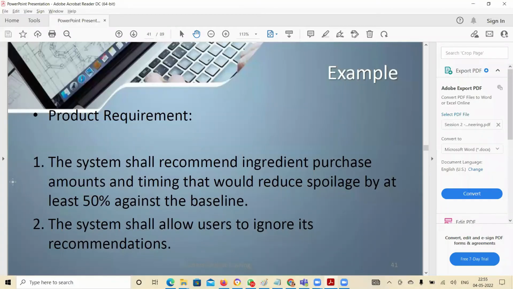So I was saying that, the first point, right? If you follow the recommendation, you will be able to save at least 50% of the wastage. This is the solution. The second point, sometimes, as a user, you can ignore the recommendation. So in which cases will you ignore it? You'll ignore the recommendation in cases where you know better than the system, right?